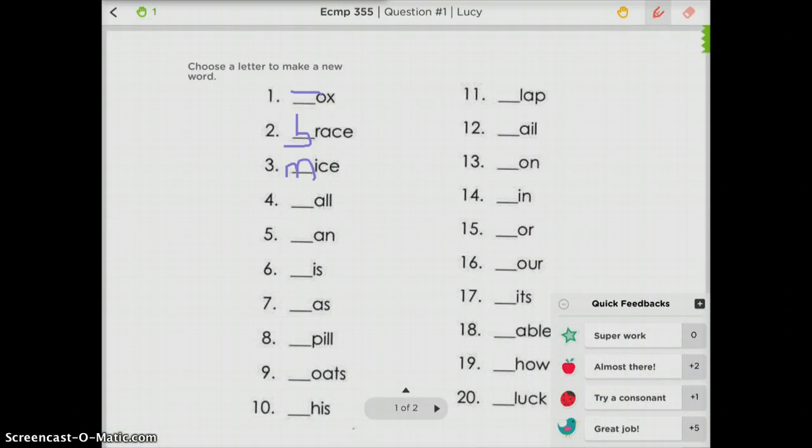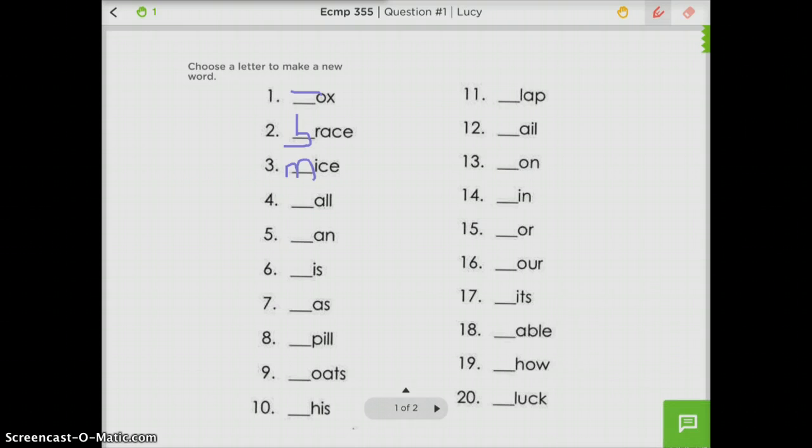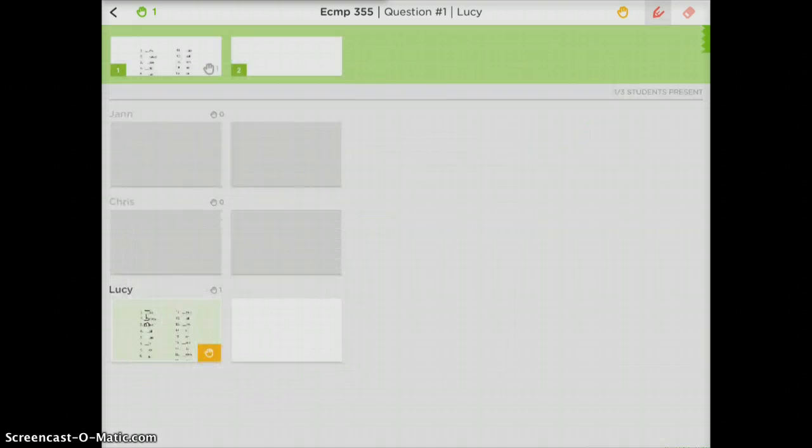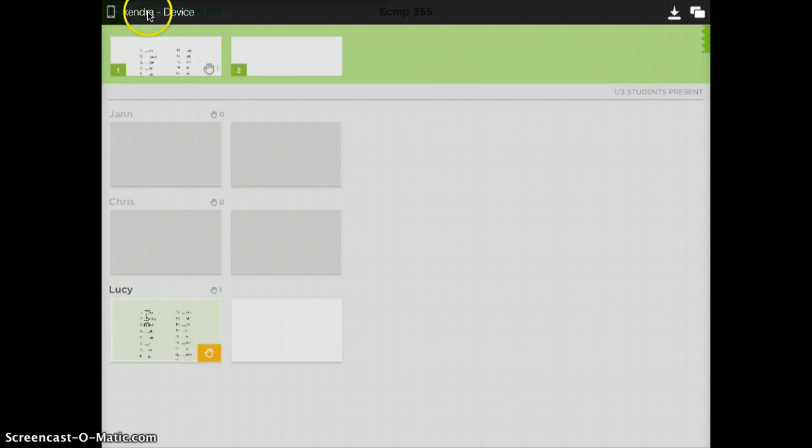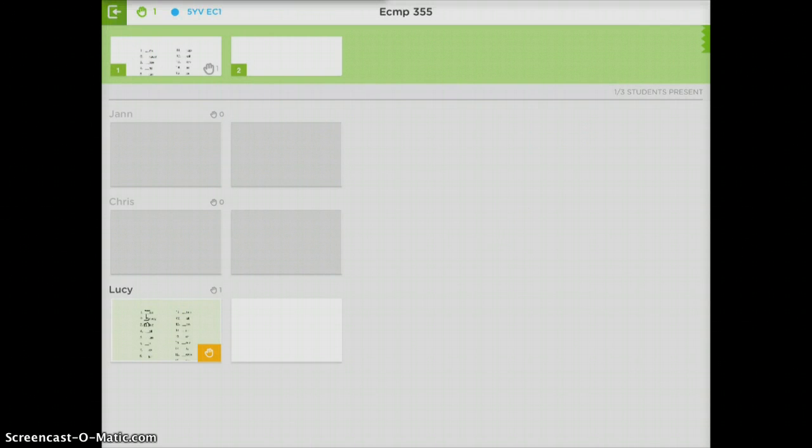and then I can assign point values even to those just by tapping on the numbers, and if I want to leave her a sticker, I can do that. I can leave it on her page there, or if I decide I don't want it at any point in time, just like everything else, there's a trash bin over on the side there. And then when I'm finished helping her, I can just go up here, click the back button, and I'm back on that main page. And Lucy then can see all of the feedback that you've given on her page, and continue to work. From the student page, you can also